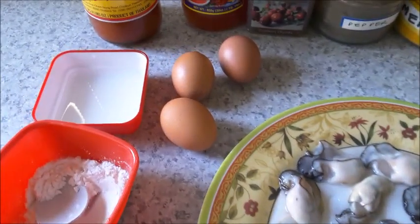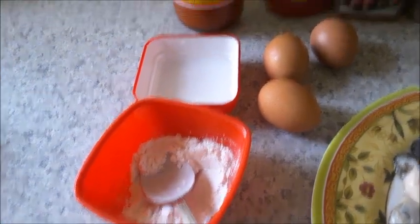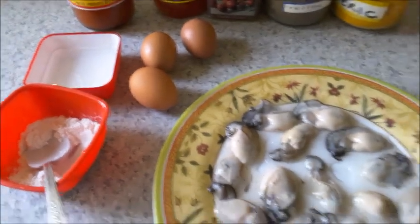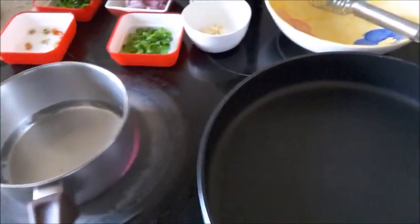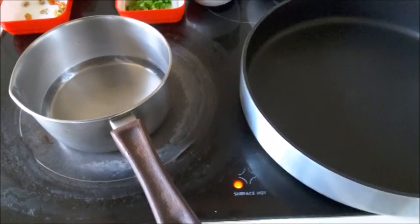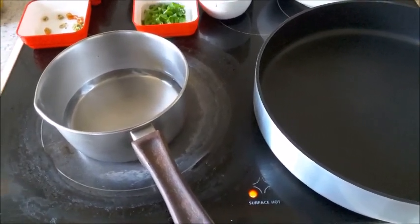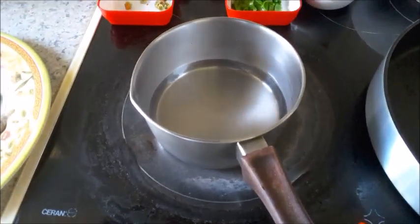Now 3 eggs, I'm going to beat them up. Now this is cornstarch with little water. I'm going to make a paste and add it to the egg mixture. So I'm going to beat up the eggs and then add the cornstarch and the pepper powder, turmeric powder, and the salt. And first I'm going to boil the